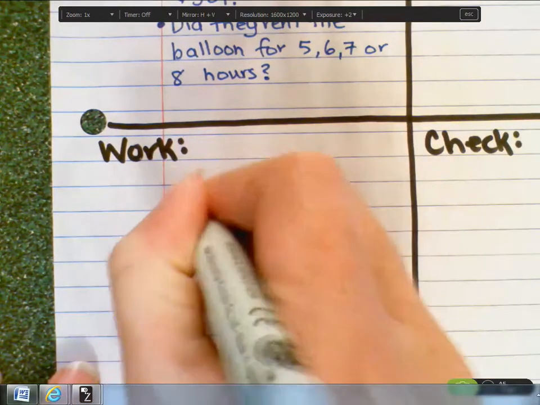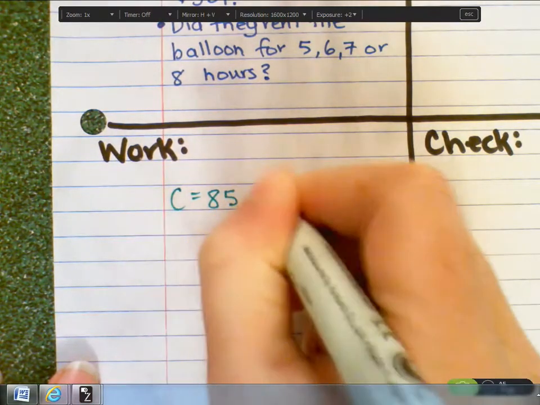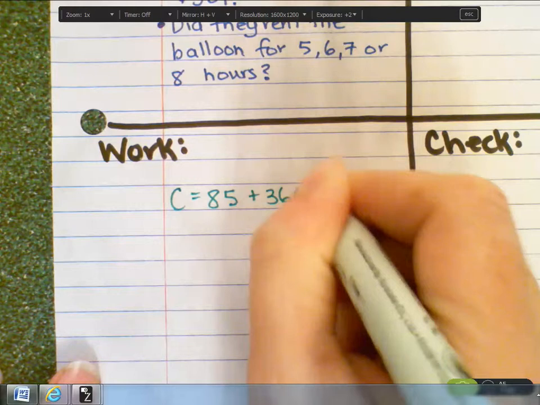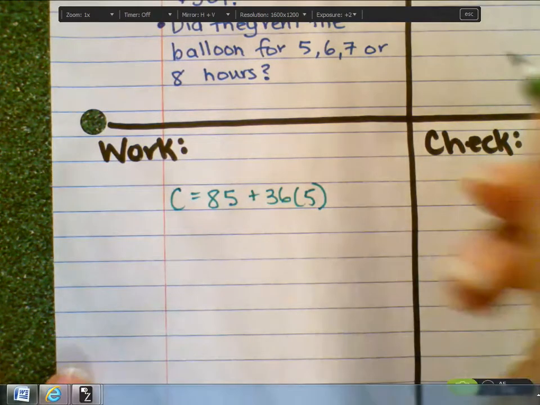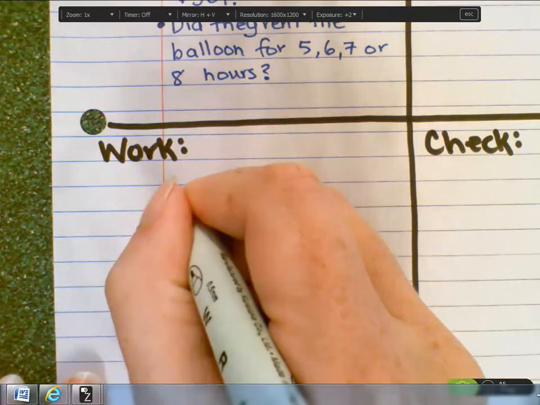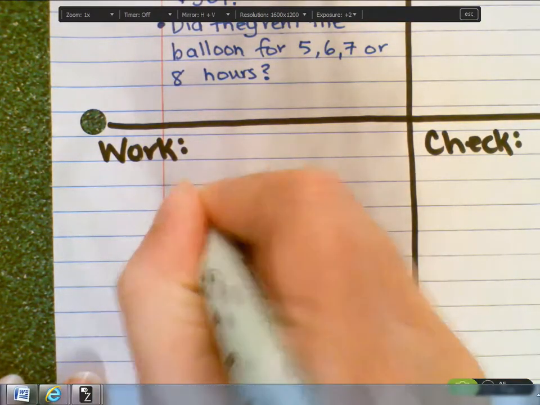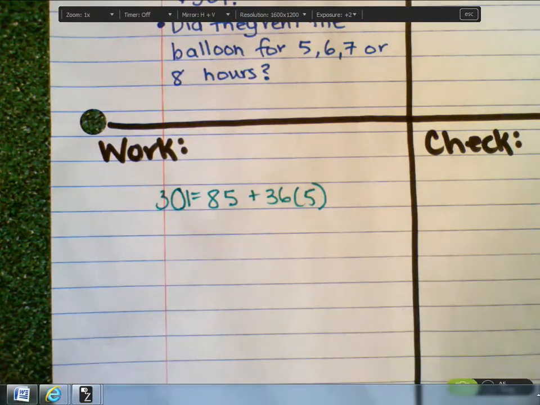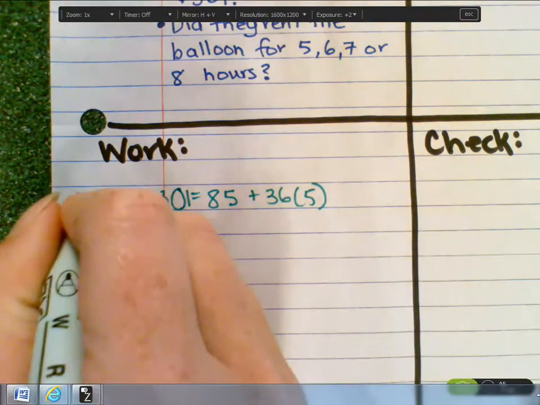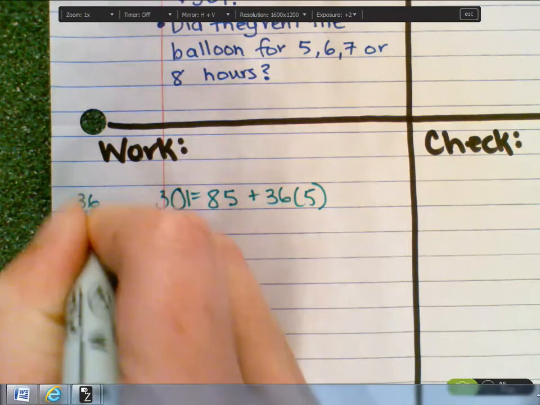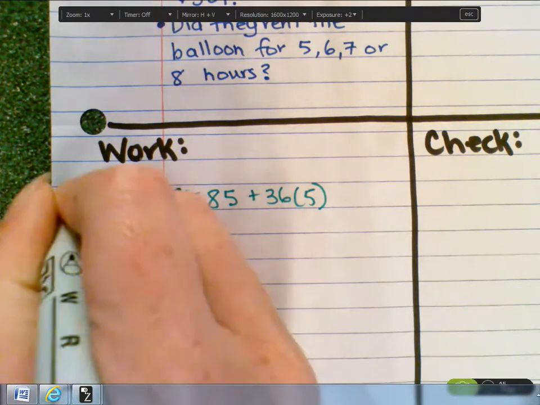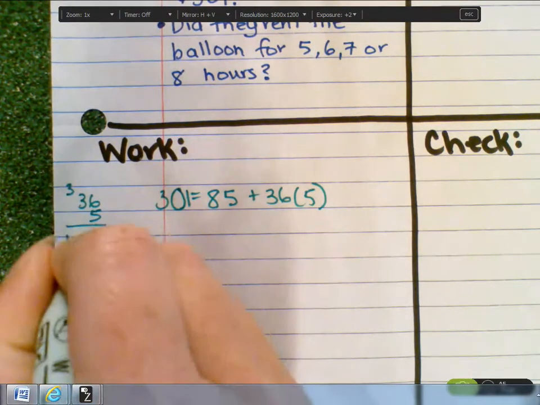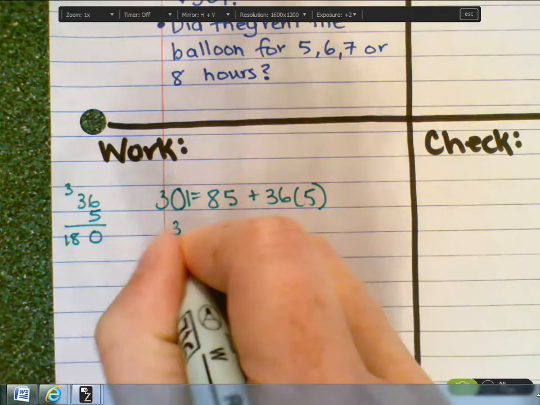So c equals 85 plus 36 times 5. And instead of putting c here, I'm going to put in 301, because I'm just doing it like a replacement set. So I'm going to do my work on the side here. 36 times 5. 6 times 5 is 30. Carry the 3. 3 times 5 is 15, so 180. So 301,